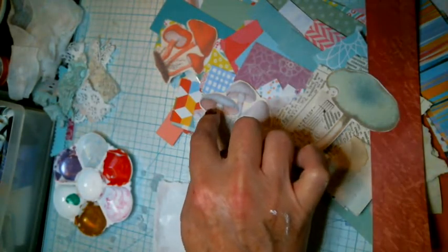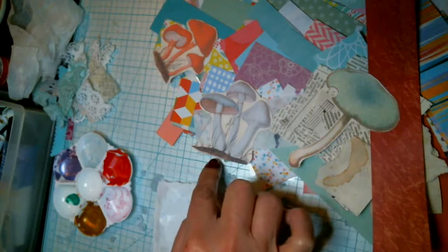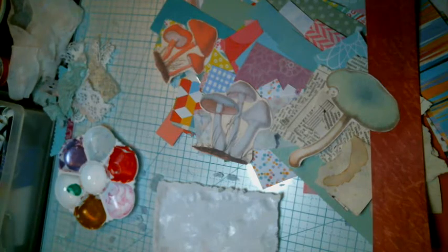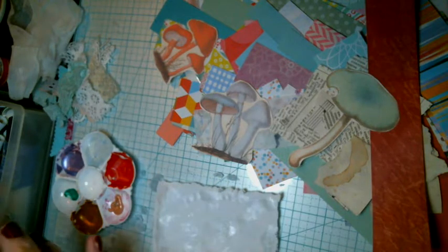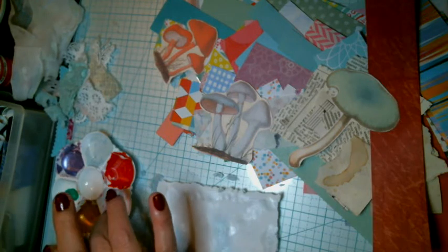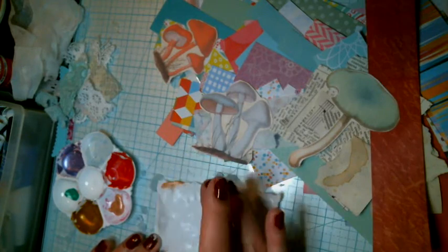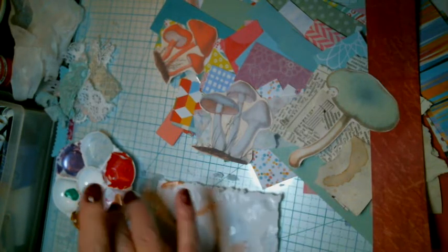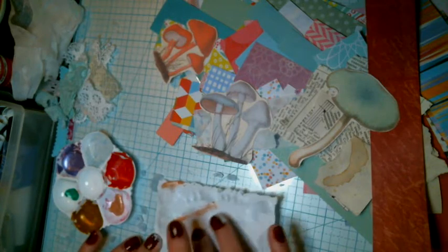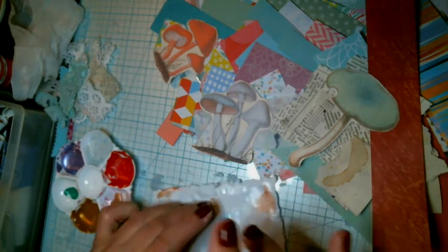Now it's got a little bit of a rosy color underneath and in some of the bottom of it. So I'm going to mix up some more of this, but I have a rose gold. I'm thinking that's light enough that it would probably be about the right color. Yeah, that's rose gold. Okay. So we're going to use a different finger. I may use that at the edge too. I kind of like that, and I want to make it like it's ground, kind of a sky and ground mix around,